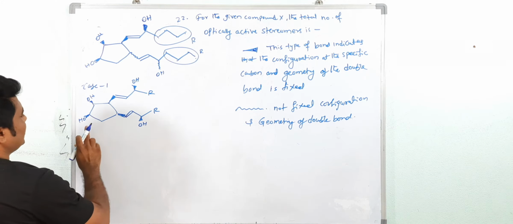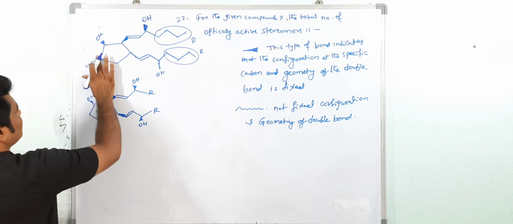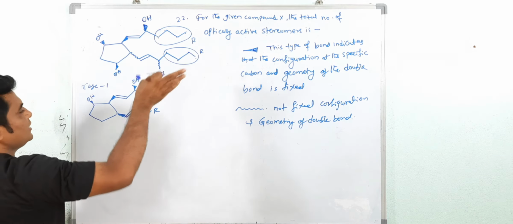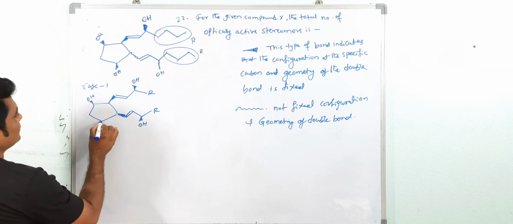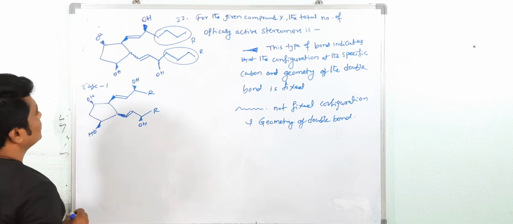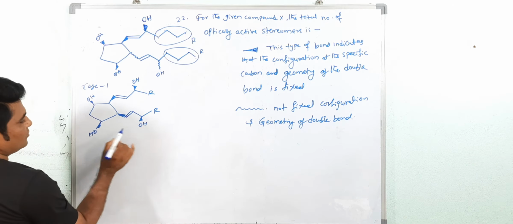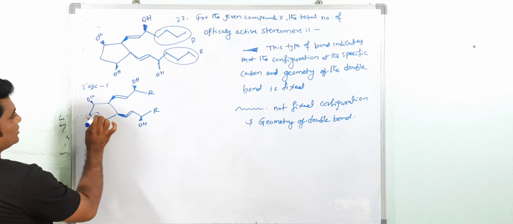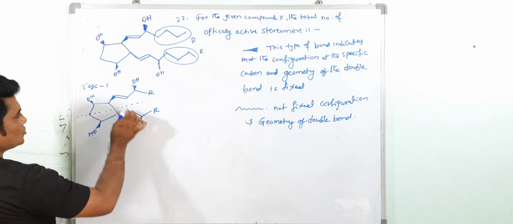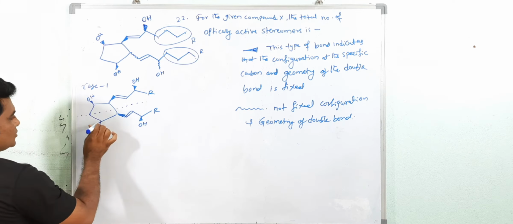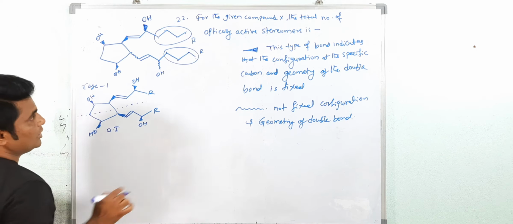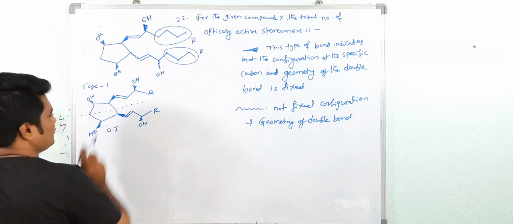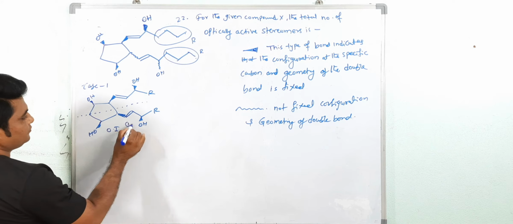Are you getting my point? Actually this OH is, I am thinking like here. Okay, so you can see in the screen. Okay, this is OH. Now when this bond is above the plane and the double bond is trans, all are same. See, you can cut this molecule like mirror image, see, mirror image. So this is optically inactive, but they are asking only optically active, because these bonds are also the same trans configuration. This is 1, you are getting.